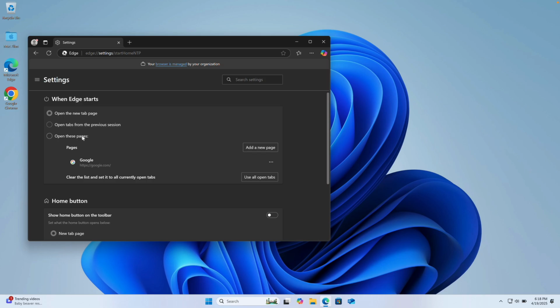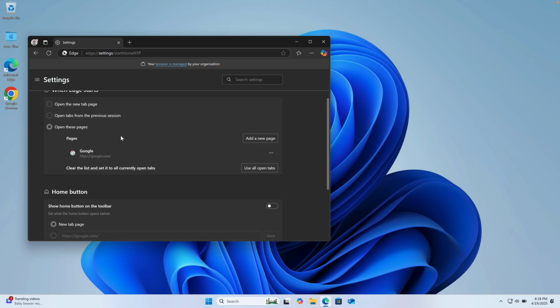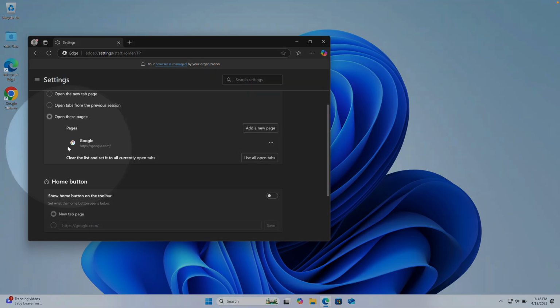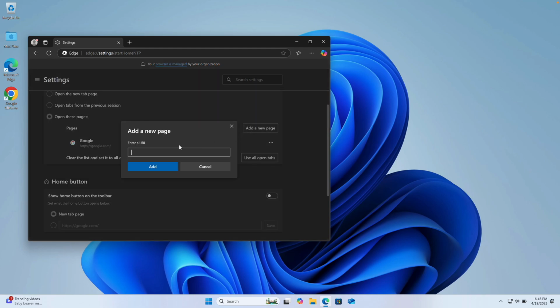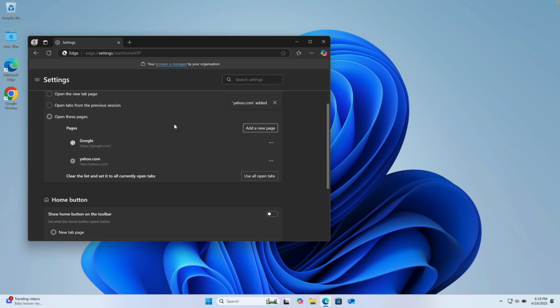To set specific pages, choose Open these pages and now you have to enter a URL. So here you can see that I already added a URL here, google.com. So I'm gonna add another one. So clicking on this add a new page here and providing the URL. Similarly, you can add multiple pages this way or remove any by clicking the three dots next to it and